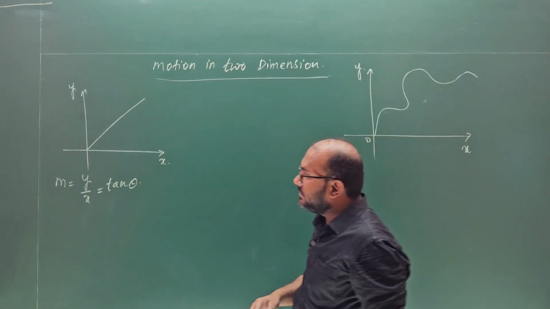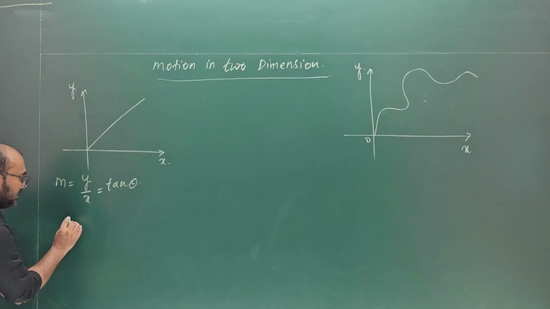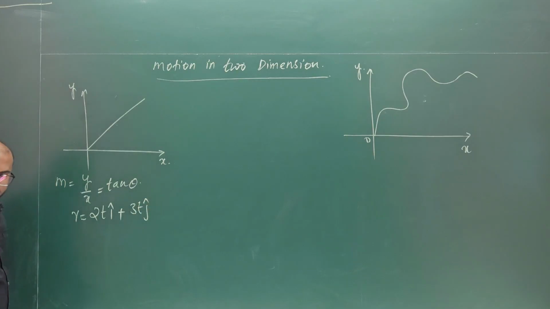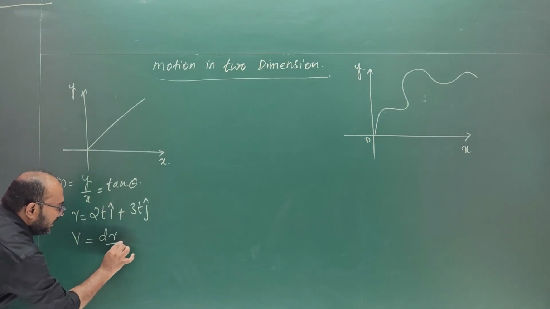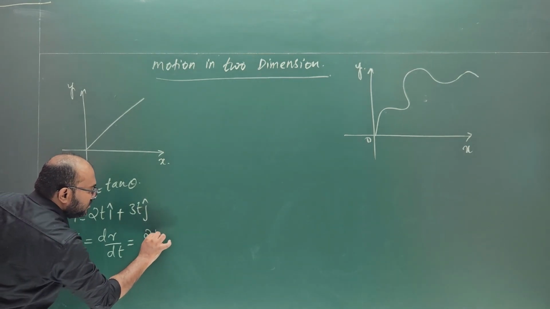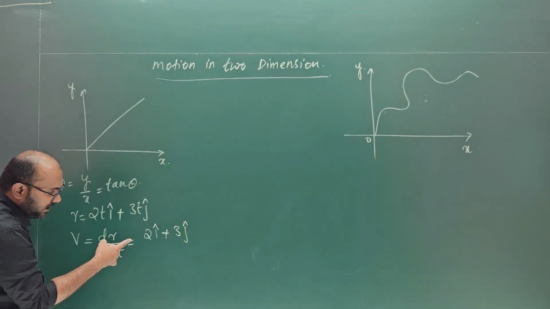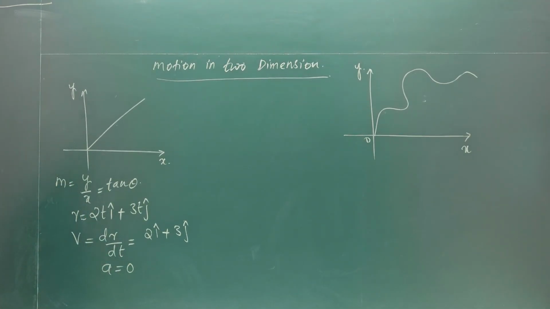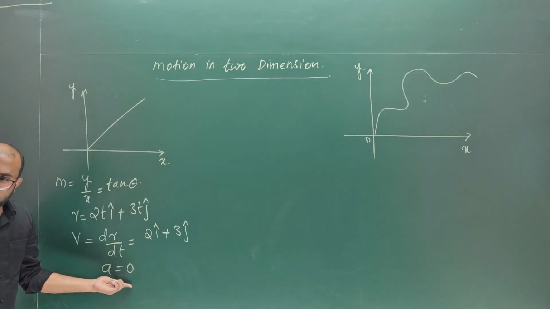Then can I also say that, considering one example, consider r is equal to 2t i cap plus 3t j cap. By seeing this equation, can you judge whether this body is moving in a straight line or in 2D? Straight line. Why? Velocity will be constant. Yes, very good. So v is nothing but dr upon dt. Can I also write this as 2 i cap plus 3 j cap? Here velocity is constant. Can I say that acceleration for this motion is 0? Yes or no? Acceleration is nothing but dv upon dt. If I substitute this value, I will be getting acceleration 0.